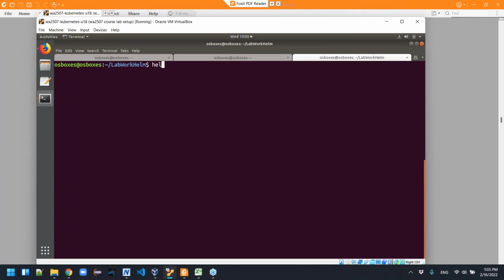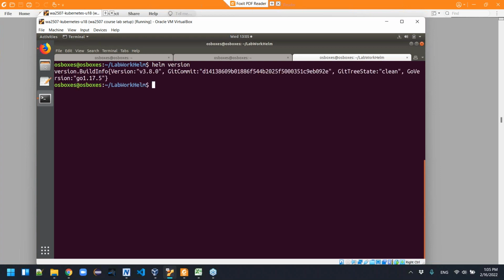We do Helm version. It gives you the version, of course. Helm repo list. So you can see that I've installed this one repository locally for use with Helm, so that when I do Helm